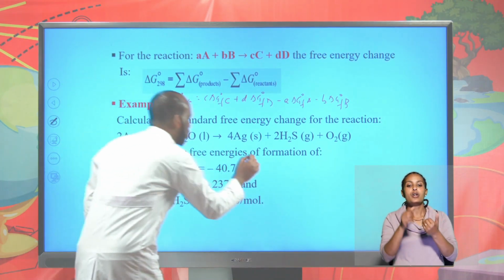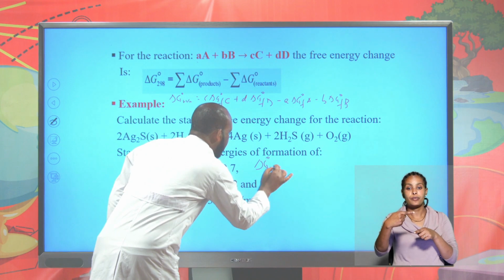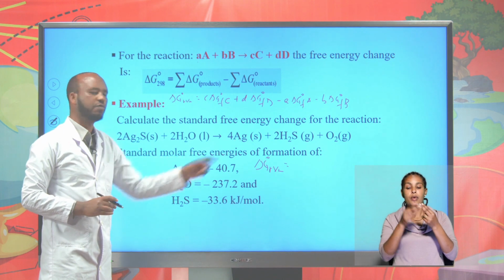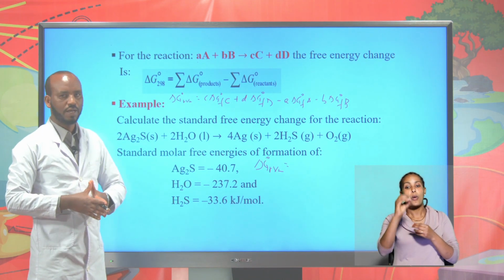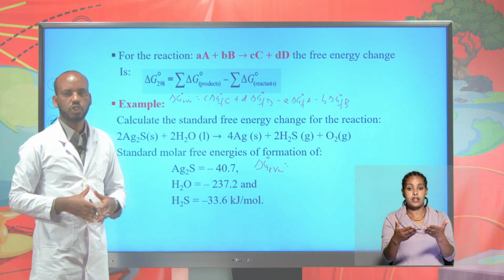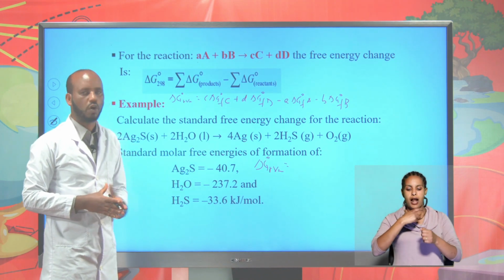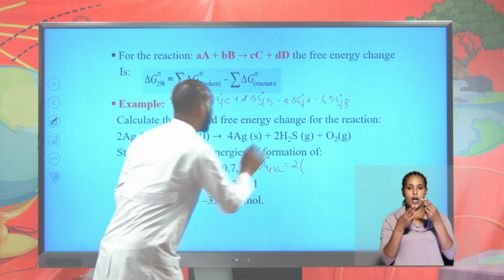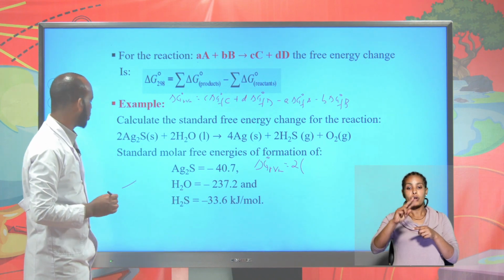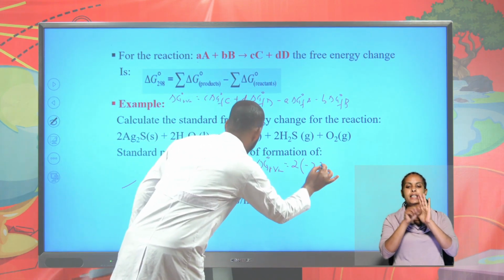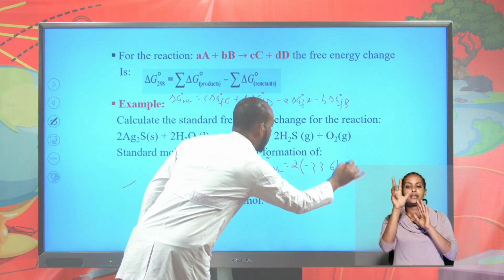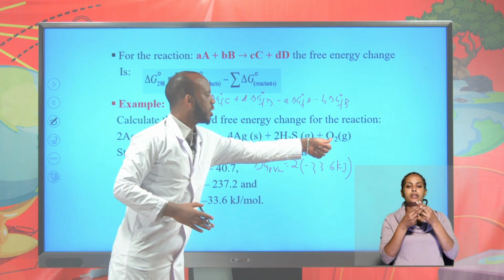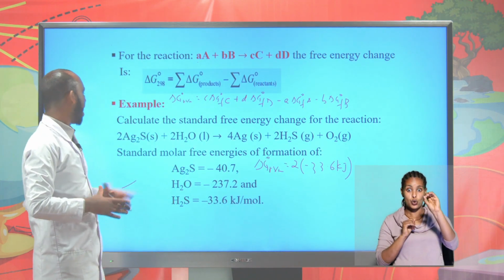Now, delta G naught of the reaction equals 4 times delta G naught formation of silver, which is 0, because the standard Gibbs free energy change of an element is 0, plus 2 times delta G naught formation of hydrogen sulfide, which is minus 33.6 kilojoule, plus 1 times delta G naught formation of oxygen, which is 0,